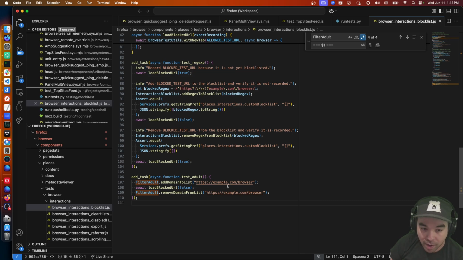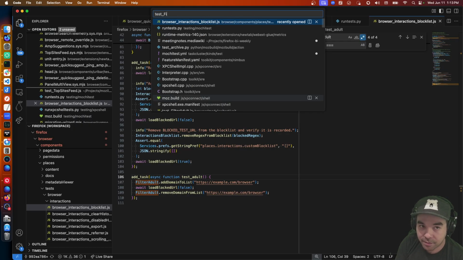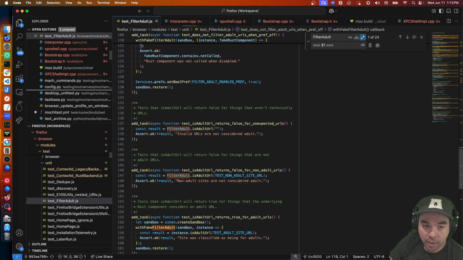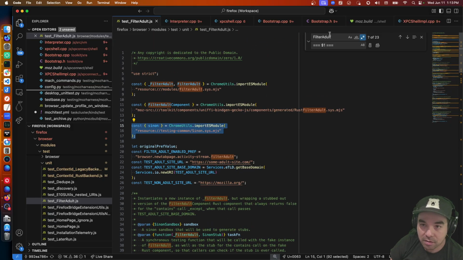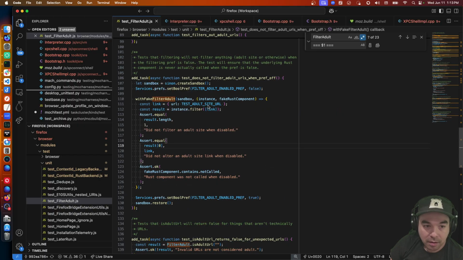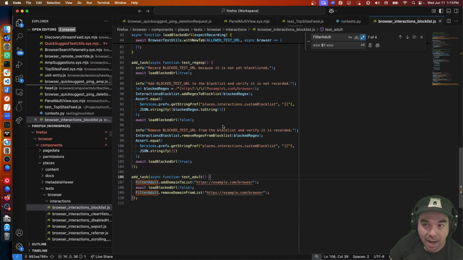Okay. Well, what we'll do is the same thing that we did in our automated tests, test filter adult, where we will use sinon. We want to use sinon to mock out the call to filter adult.